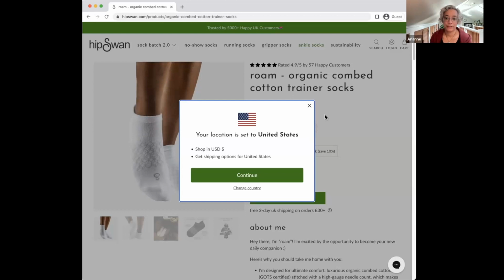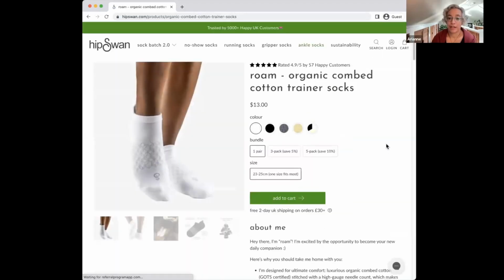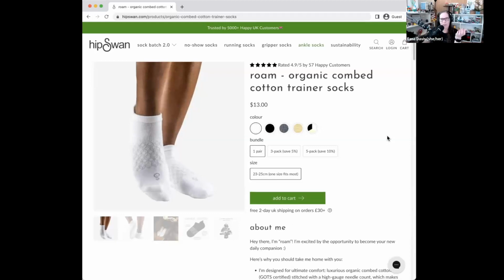Do you have a lot of customers in different countries? Is this whole location thing important, or do most of your customers not come from different places? Because I find sometimes people add all this stuff with the currencies and things like that, and then it's not really necessary and it ends up being distracting. So they're saying mainly UK, 95% are UK. Okay, so if somebody happens to come along in the United States, they'll get that little pop-up, but most people aren't going to be bothered by it then. And even then, you may not necessarily need it. Sometimes I recommend turning it off just because it's not necessary.